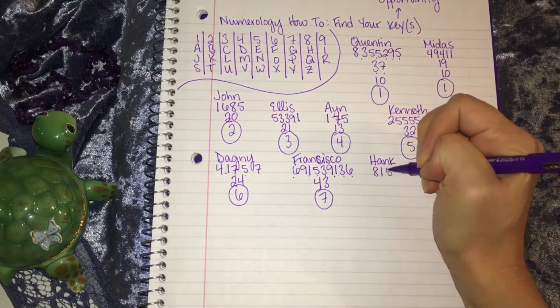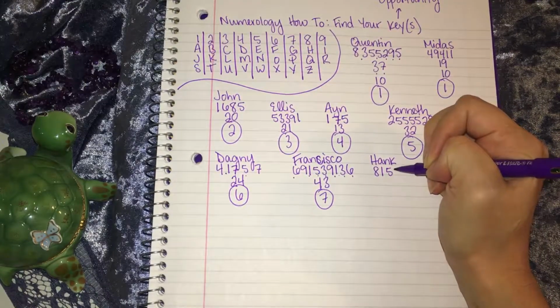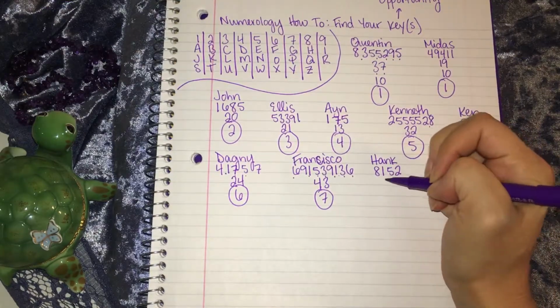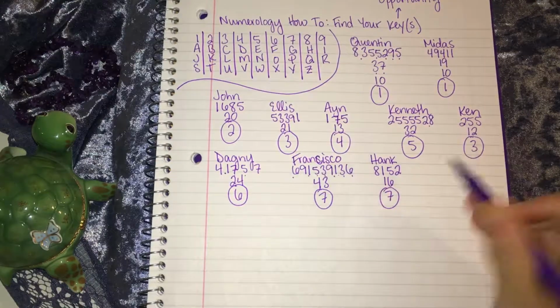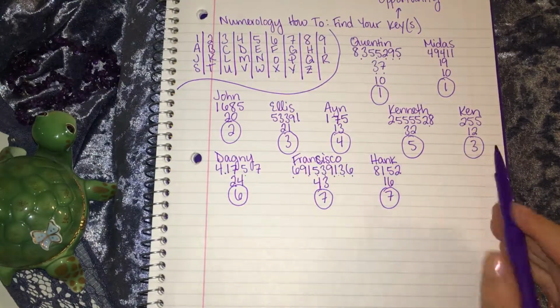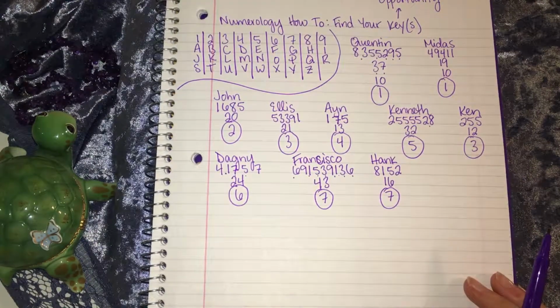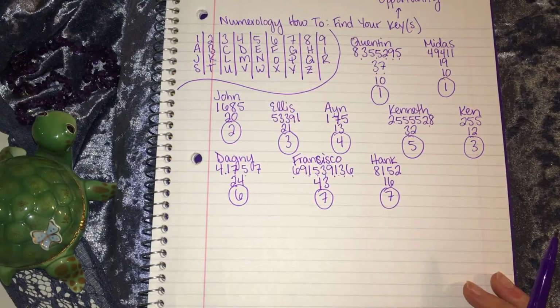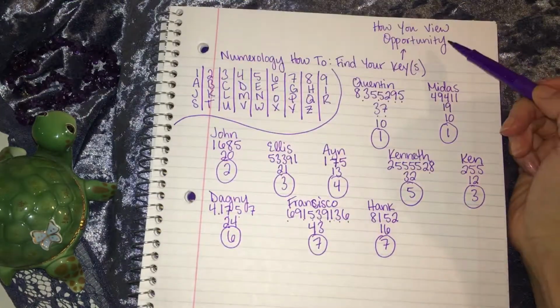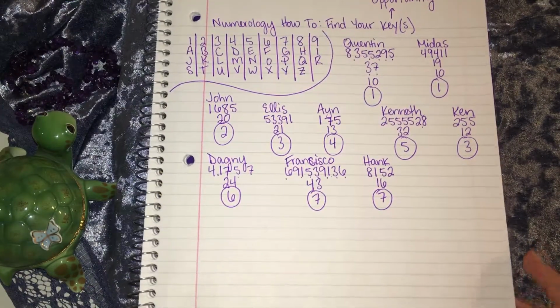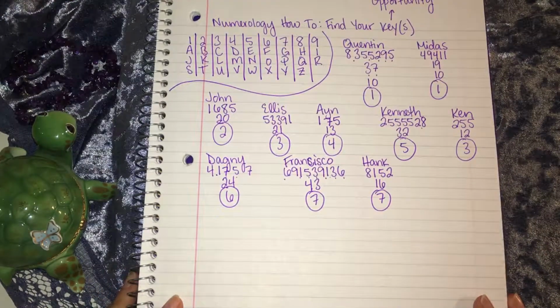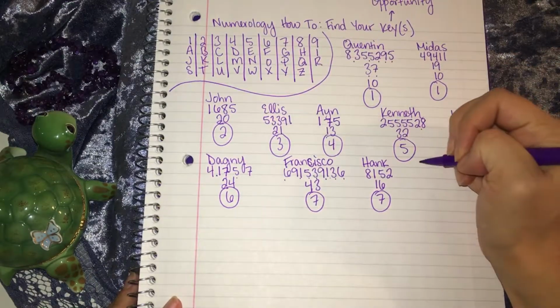His is also 7 for both. Henry and Hank are both 7s. So sometimes that might be true. You know, if you go by 2 different names, but they end up being the same thing, then it doesn't really matter in terms of how you view opportunity which one you go by, because they'll both just equally fit you. Okay, let's say your name is Hugh,